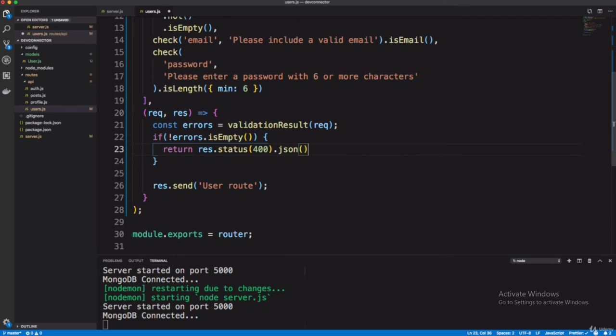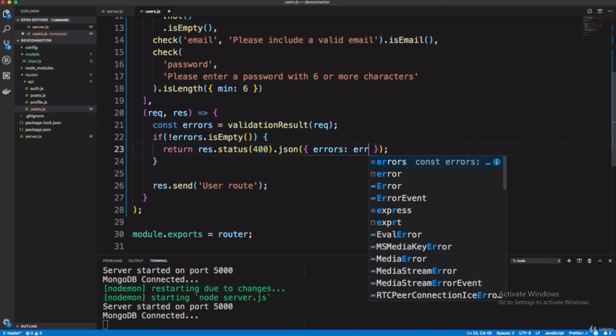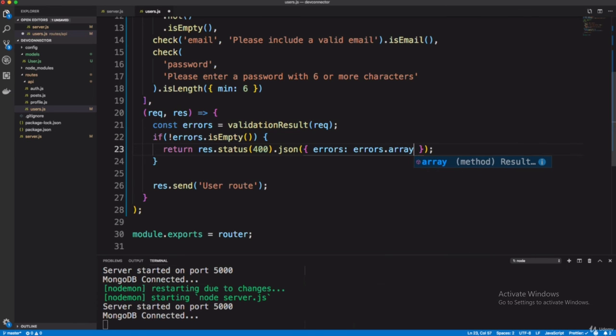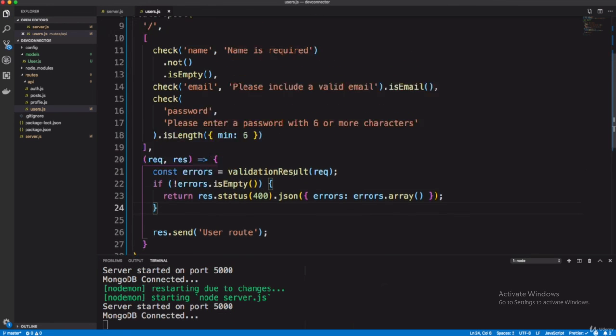So json, and here you can write in the curly brace an error message, right? Then errors equals to errors.array, and here you can map through all the errors.